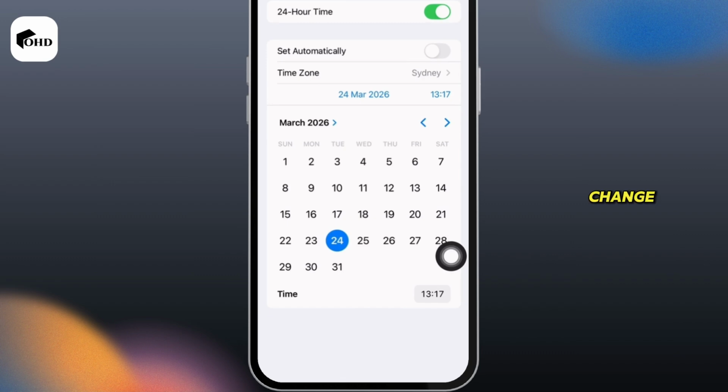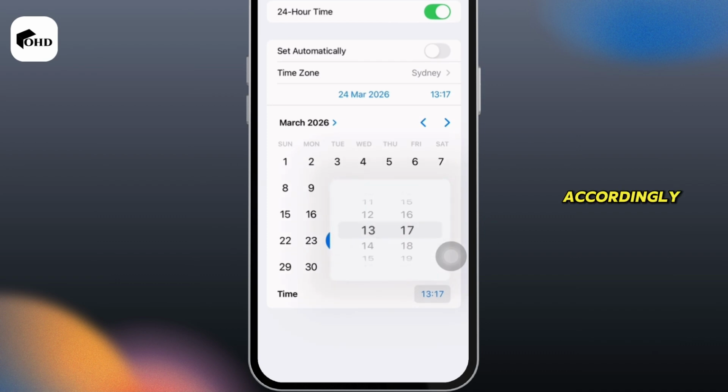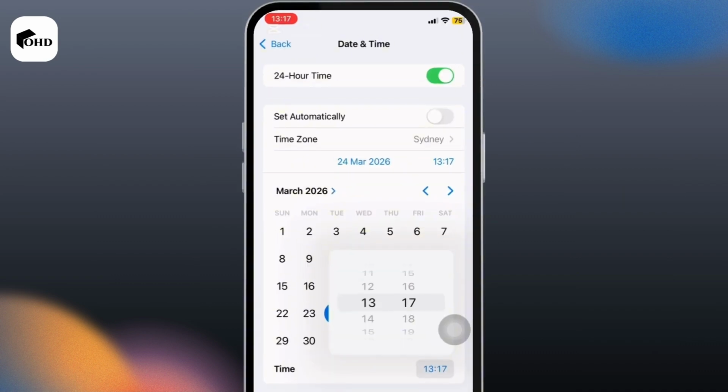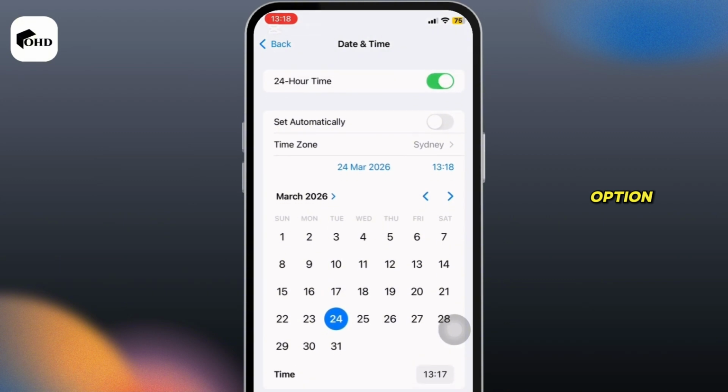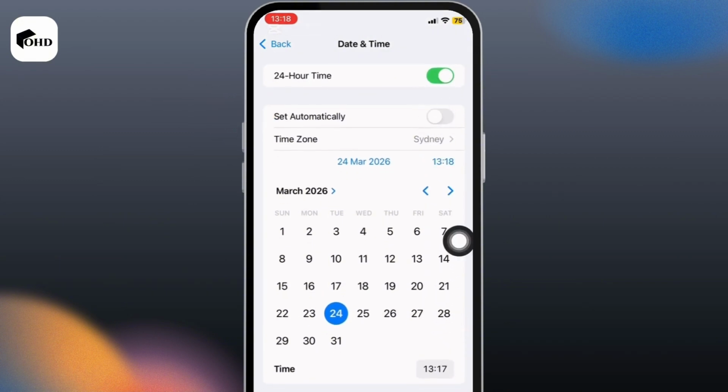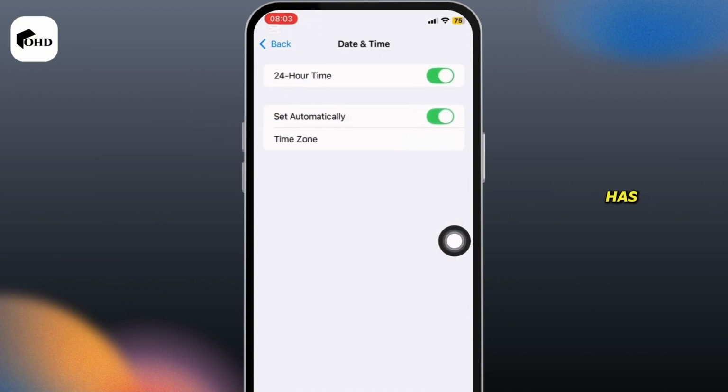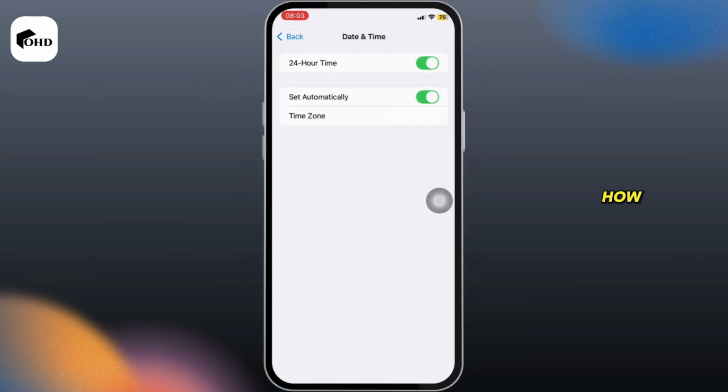Once done, you can also change the time at the bottom. From here, change the time accordingly. Or if you do not want to do all of these, then all you can do is enable this option Set Automatically. And there you go, the date and time has been fixed. So this is simply how you can fix date and